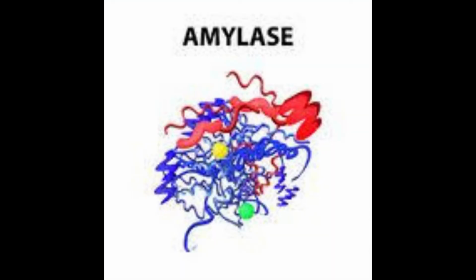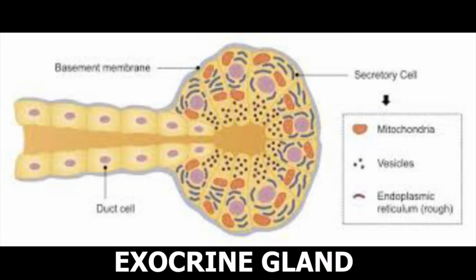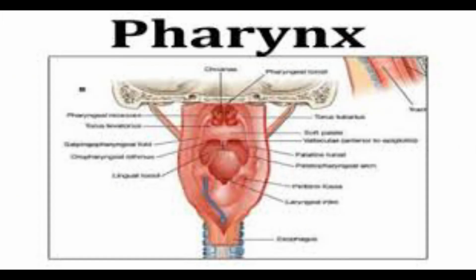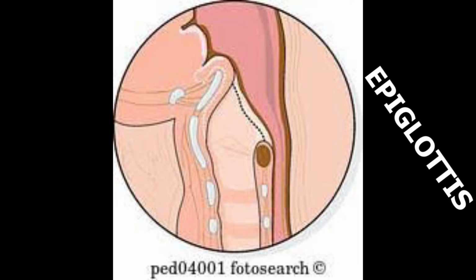The salivary glands contain amylase, which initiates the digestion of starch. The salivary glands contain mucin, which keeps the bolus together. There are also exocrine glands, which use ducts to move secretions. Behind the mouth is the pharynx, where the nose and the mouth meet. That is where the tongue pushes the bolus to be swallowed, passing the epiglottis and going through the